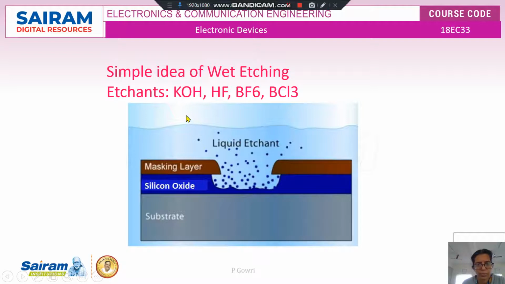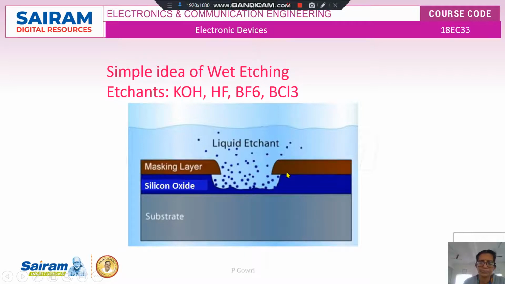When I use etchants like potassium hydroxide or hydrogen fluoride or boron fluoride, this will erode or remove the material which is present here, and parallelly this can also remove the silicon dioxide material which is present beneath this masking layer. Since it is an isotropic process, it will be done on all the sides. That is, it will be uniform in all the directions.